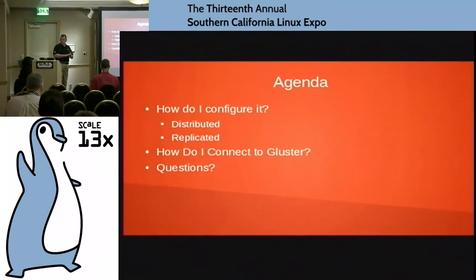Then we'll get into configuration. We'll set up distributed file sharing and replicated file sharing. Then I'll talk about how you connect clients to your Gluster service, and then we'll open it up for questions. Although, honestly, I hate waiting until the end for questions. If you have any questions, don't hesitate to interrupt me and ask. If I don't know the answer, I'll make something up. If I do know the answer, I'll answer you.